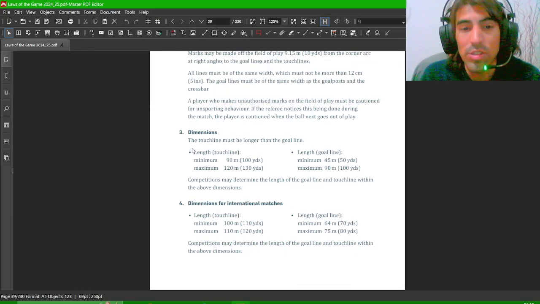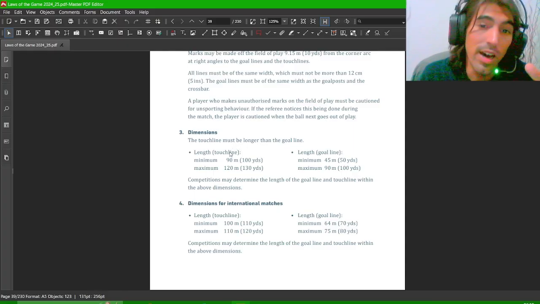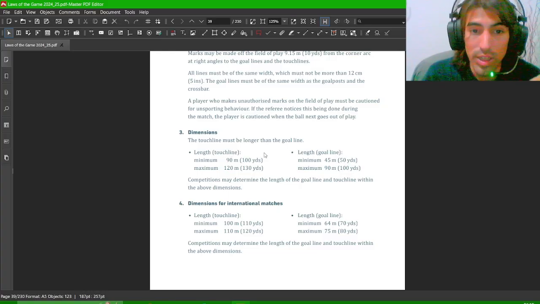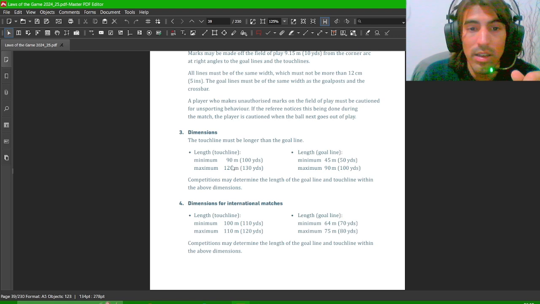3. Dimensions. The touchline must be longer than the goal line. Length touchline minimum 90 meters or